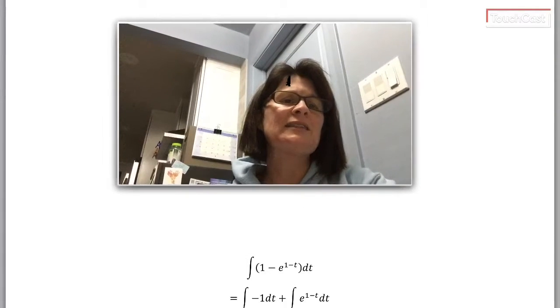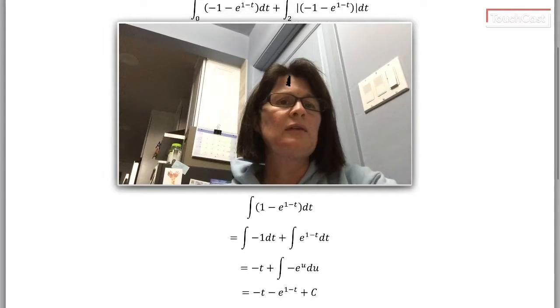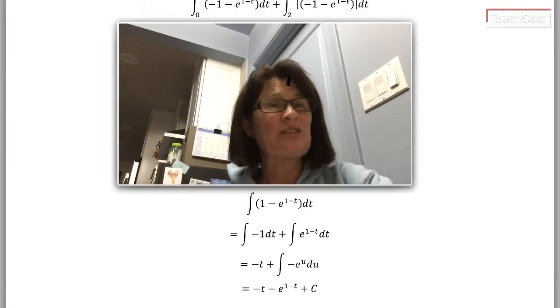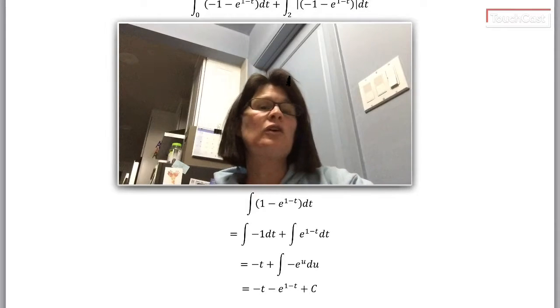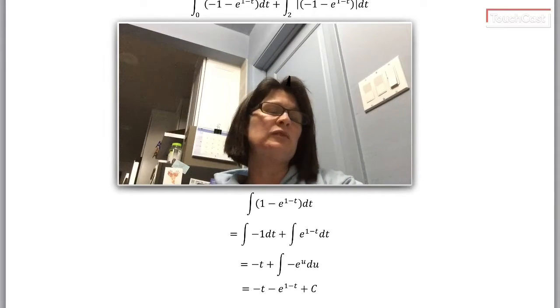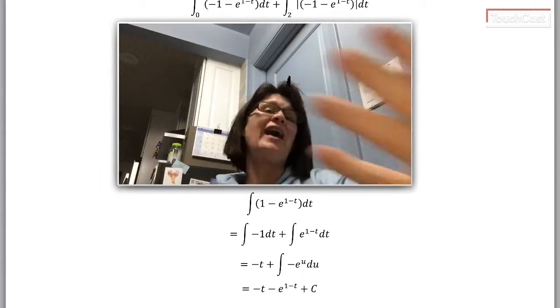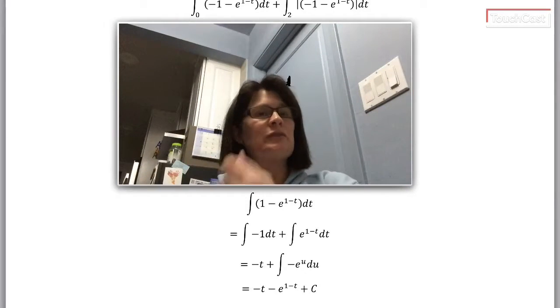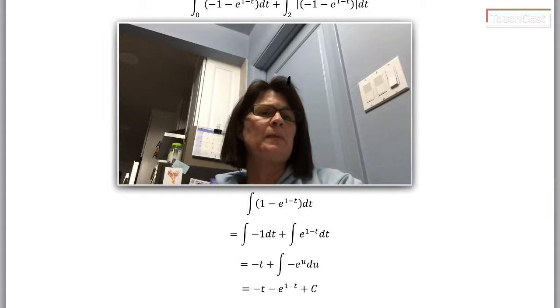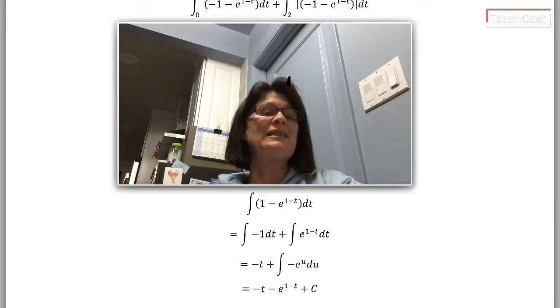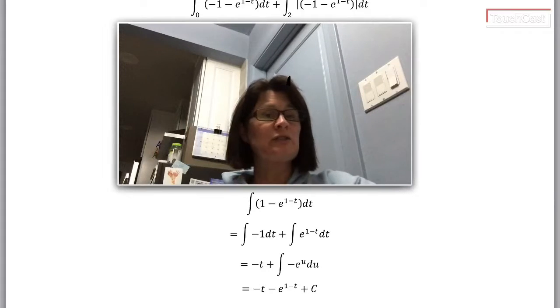Okay, so I did this separately. I hope this is helpful. I'm going to need an antiderivative for velocity. So I wrote it separately, I found the antiderivative so that later I could bring it up here and evaluate that antiderivative over those two different intervals. So here, the antiderivative of 1 minus e to the 1 minus t dt. I broke it up at the subtraction sign